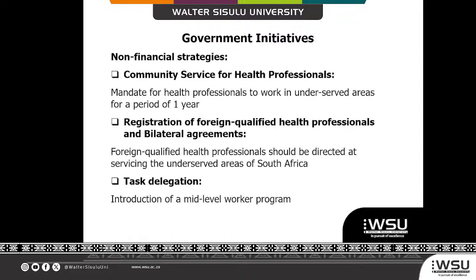With task delegation, the department has also implemented a mid-level worker program to optimize service delivery. These initiatives allow specific tasks traditionally performed by highly skilled professionals to be reassigned, with appropriate training and supervision, to healthcare professionals at a different level. As part of this approach, the roles of enrolled nurses and enrolled nurse assistants were expanded. And then again, new categories of mid-level workers were also implemented, such as